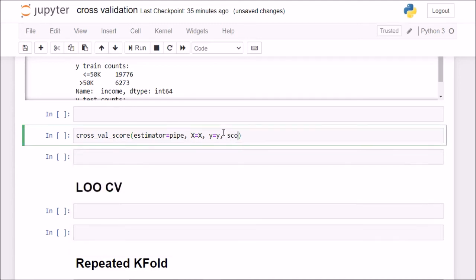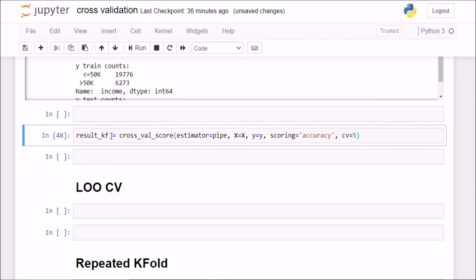My scoring argument I'll pass in as accuracy. And for cross validation I can pass in an integer. For example, if I pass in 5, what this 5 will mean is I want to do 5 splits, as simple as that. Okay, and now I'll save this result in result underscore kfold.